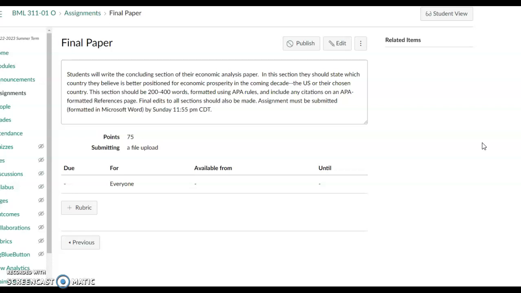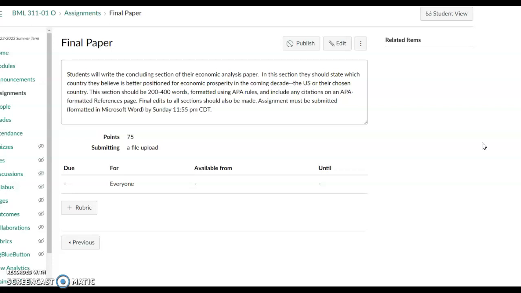Now what you're going to do is write your concluding section, and you're going to take the economist's point of view. Talk about whether your country is better positioned for economic prosperity in the coming decade.